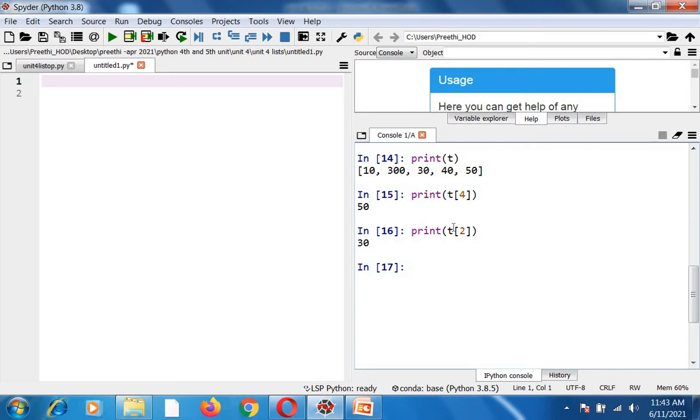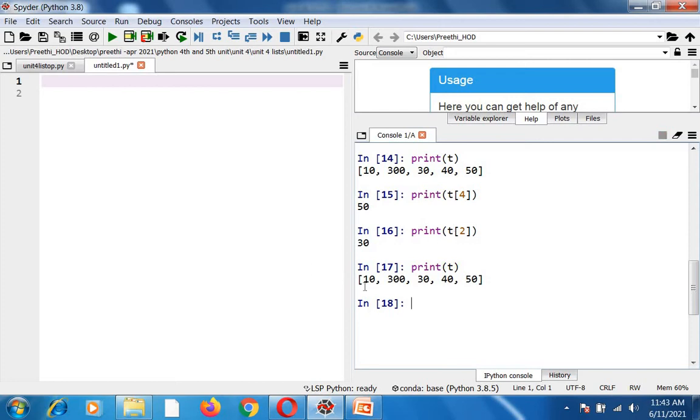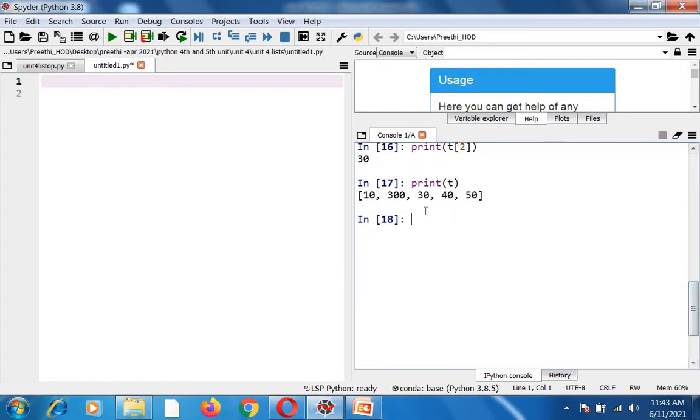Now I'll tell you how to remove an element from the list. For removing an element, I can use a command called del. First I will print the elements inside t. So print of t will print the elements: 10, 300, 30, 40 and 50. Now if I want to remove the element 40, I will use the command del.